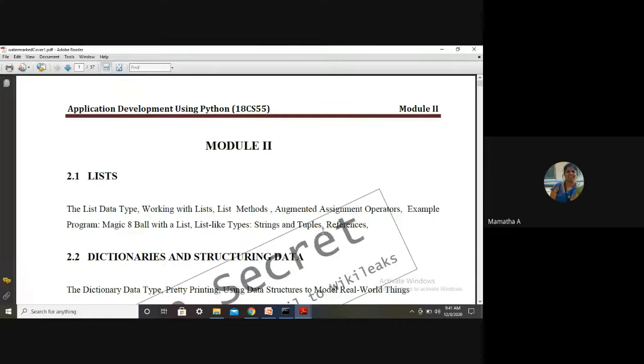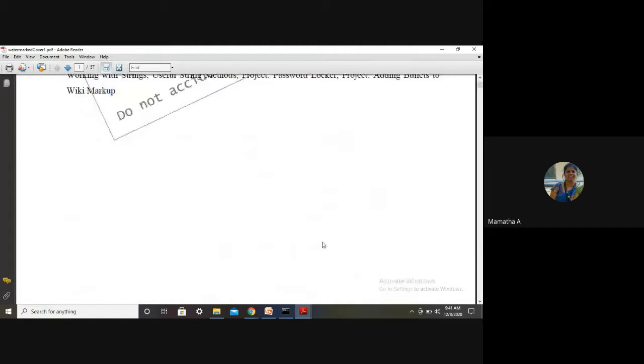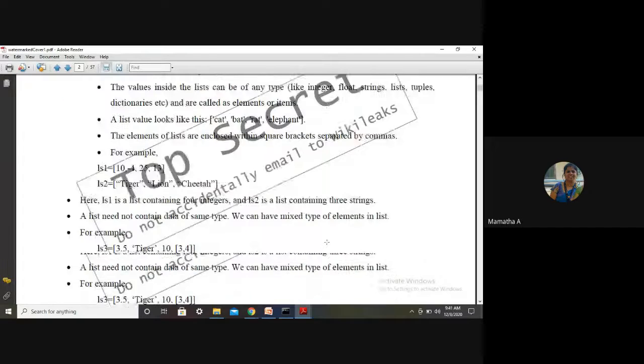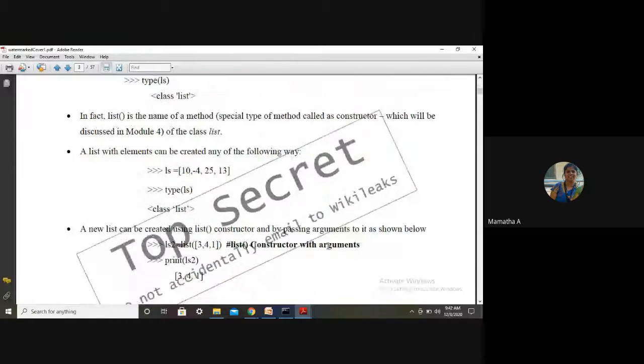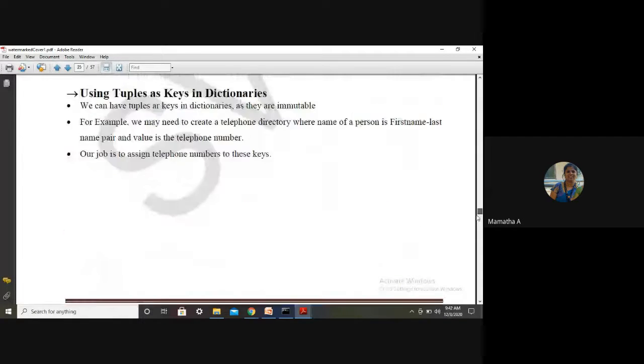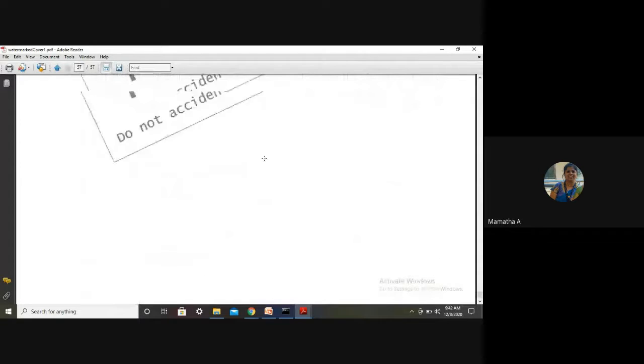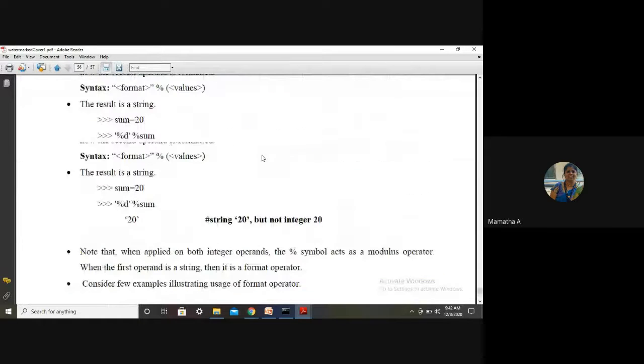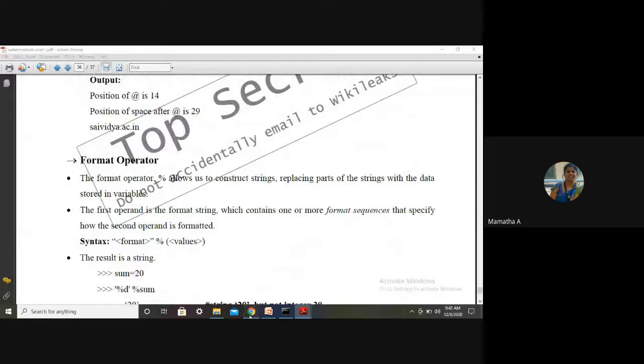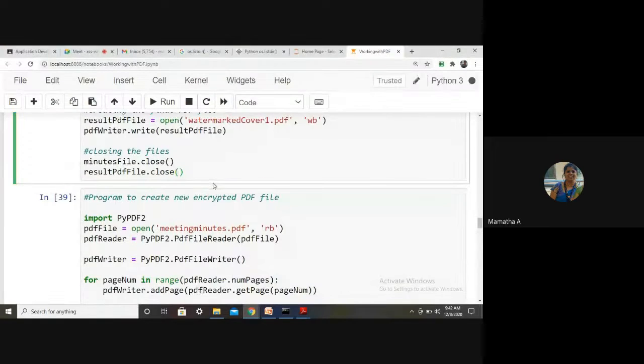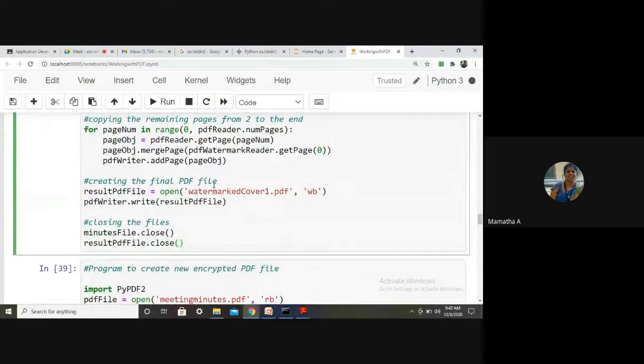Take some time. Okay. You can now see the first page is added. Similarly to the second page, similarly to the third page, and goes on till the last. So it is adding the watermark to all the pages. Could you see that? Yes or no, students?